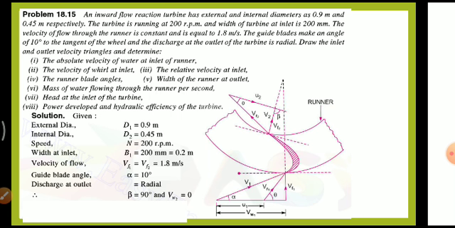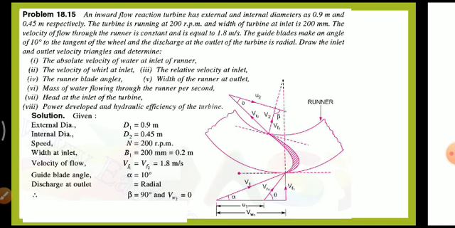The incoming liquid first contacts the outer diameter, that is the first velocity triangle. This velocity triangle will come in the outer region of the drum, and the second velocity triangle will come in the inner region of the drum. That is why it's called an inward flow reaction turbine. In some turbines we will have an outward flow reaction turbine. In that case, water will be flowing in the outward direction. The first velocity triangle will come here, and the second velocity triangle will come here. Water will be flowing from inside of the drum to the outside, in this direction.